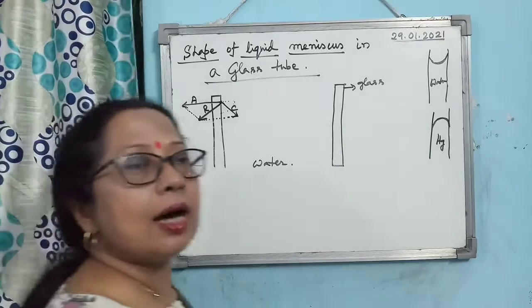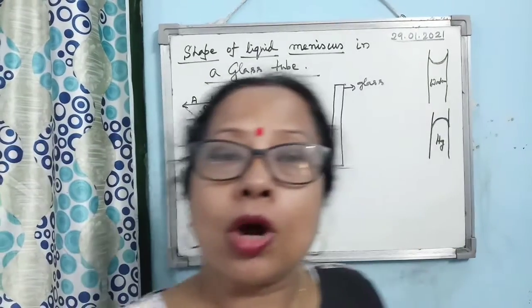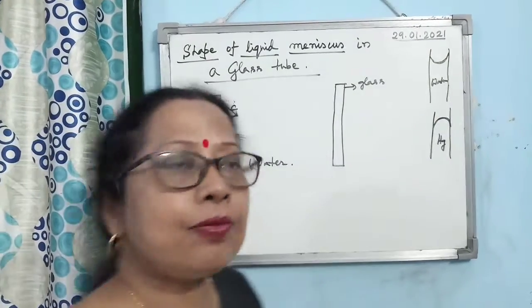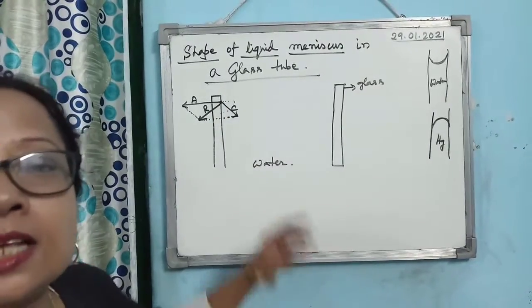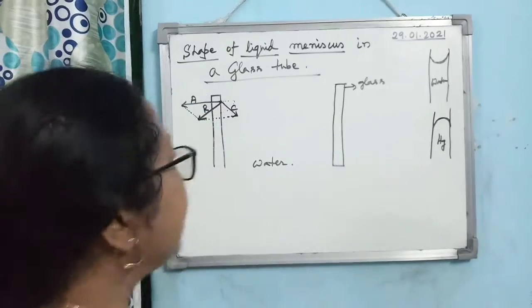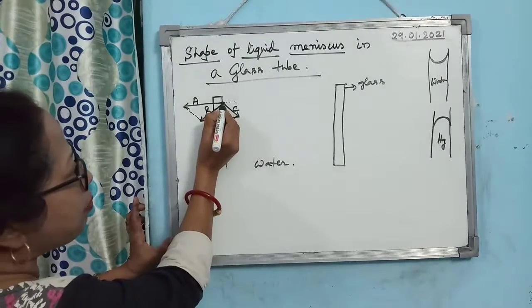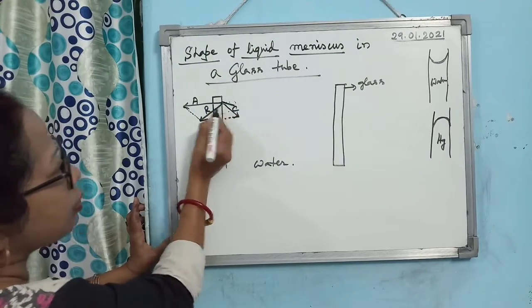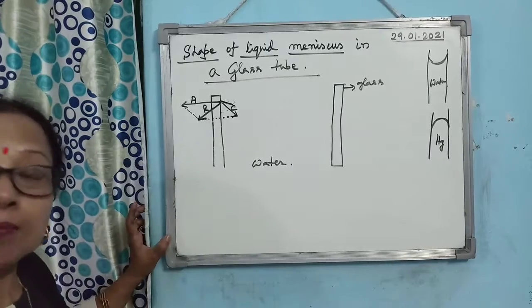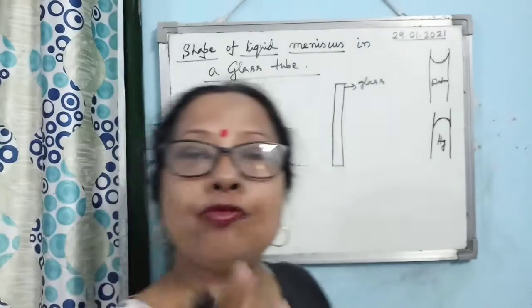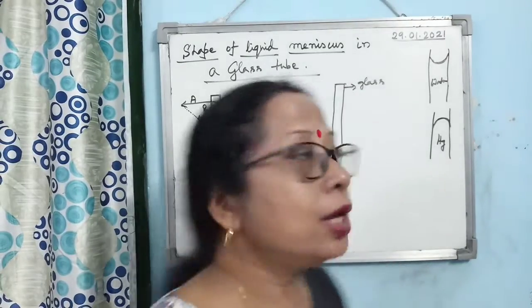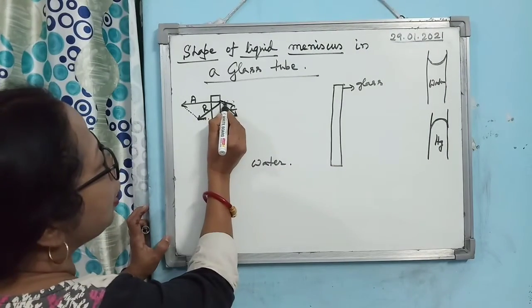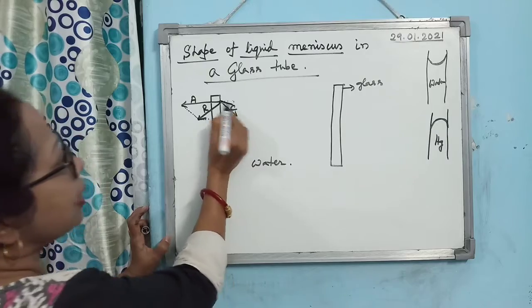So what will the molecule do? The molecule, or you can say the surface of the water, will set itself perpendicular to the force, perpendicular to R. Why? Because we know that a force has no effect perpendicular to it. So when the surface of the molecule is like this, what will happen?